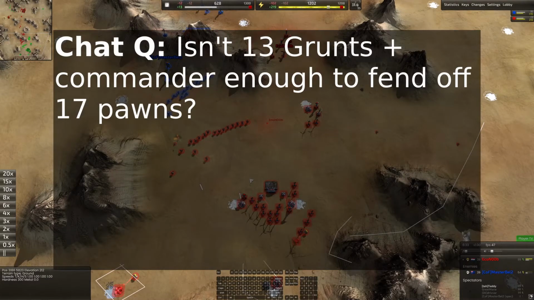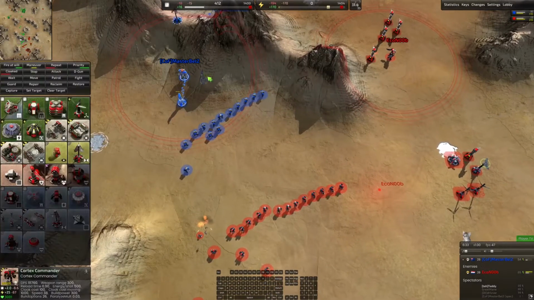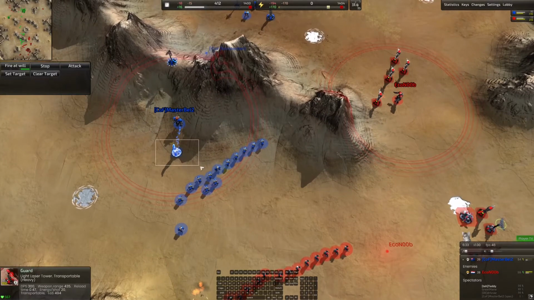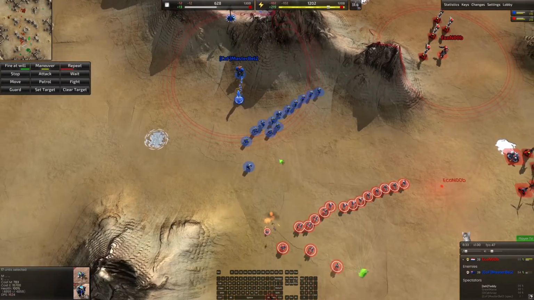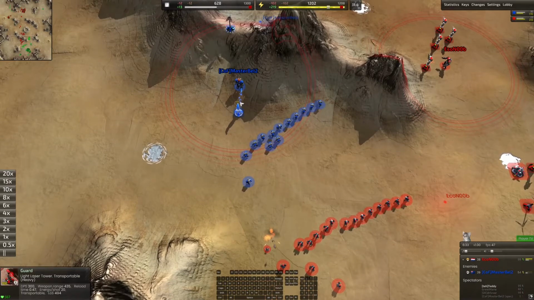13 AKs versus 17 pawns. No, I don't think so. The reason I don't think so is because there's a hill right here. If there wasn't a hill right here, I would be fine with it. But we've got 2 things. The commander is slow and we've got a hill right there. And I don't really have the energy to degun or for that laser tower to fire. So what I'm concerned about is these pawns come in, push me against the hill, and